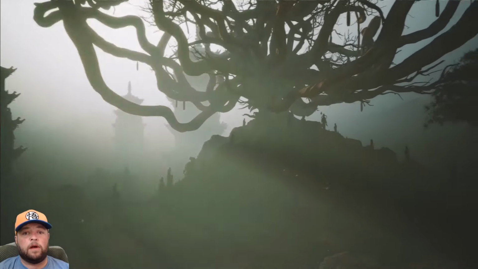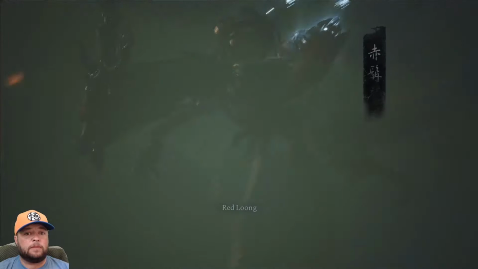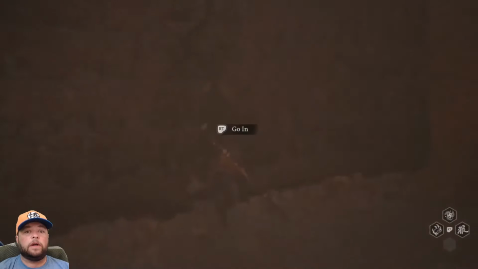In Black Myth Wukong, you'll find hidden secret bosses in every chapter. For chapter 1, the hidden boss is behind a waterfall. His name is Red Loong, and he's the first of 4 dragon brothers you'll need to defeat if you want the Loong staff. But in order to get behind the waterfall in chapter 1, first you have to go to